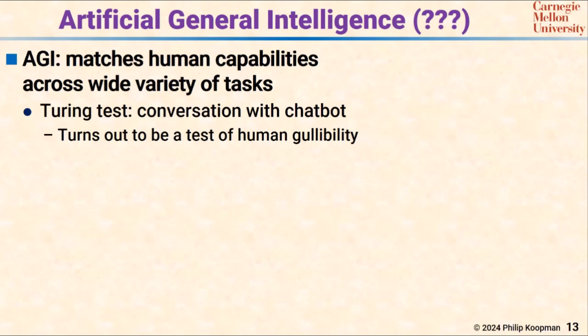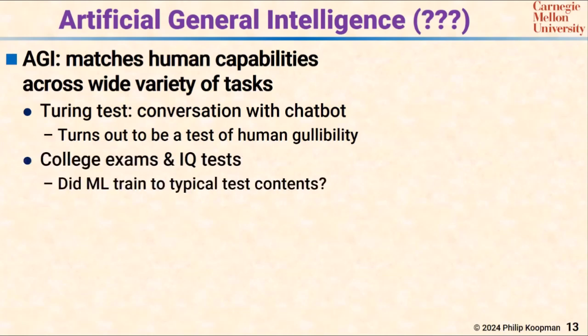And it turned out decades ago, some people were sucked in by very primitive chatbots. One of them, a famous one, is called Eliza. Some people would be sucked in for a while. And now more people are sucked in. And it turns out the Turing test, once the technology advances to the point that some people are fooled, turns out to be more a test of human gullibility than general AI. So if you can't pass a Turing test, there's nothing to talk about. But passing it just proves you're good at faking how to be a human, which is a little different.